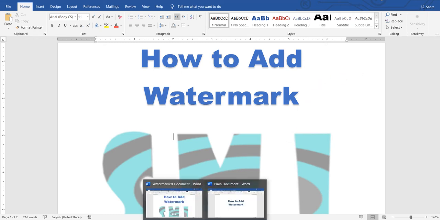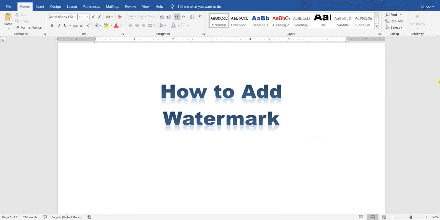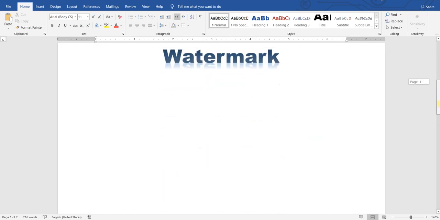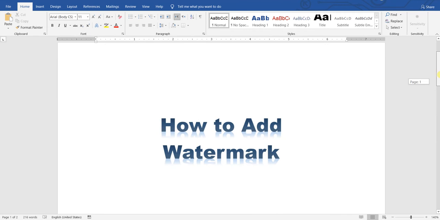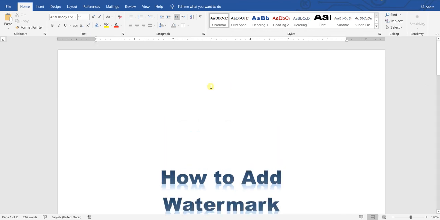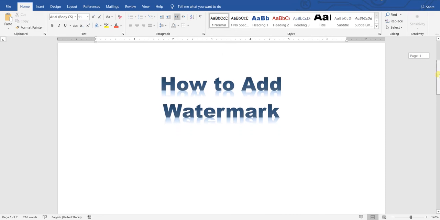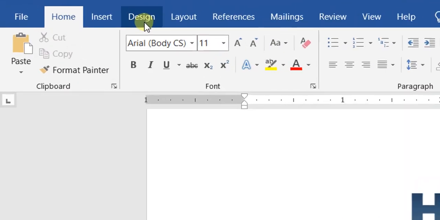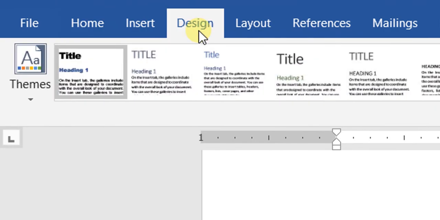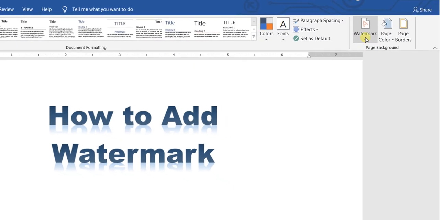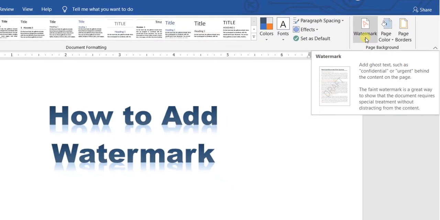So let me just start off with a plain document. This is the same document that we have without a watermark. So in order to add a watermark, we will first go to the design tab over here, click on it, and then we head over to the very right of the page where it's written watermark. So once you click on watermark,